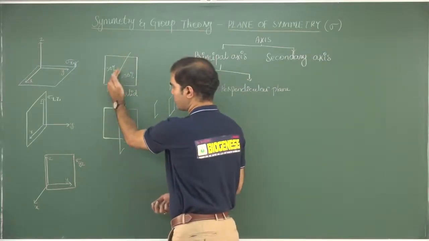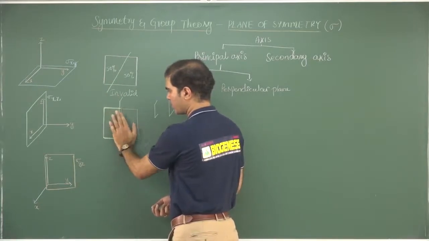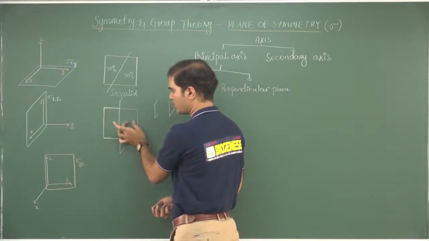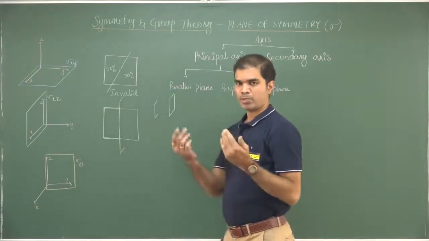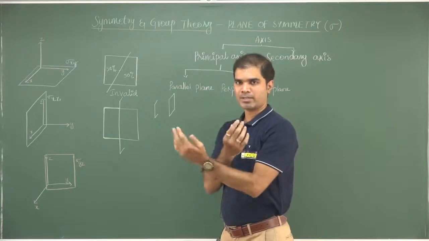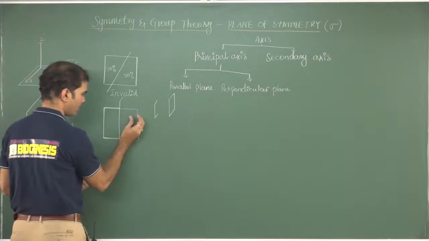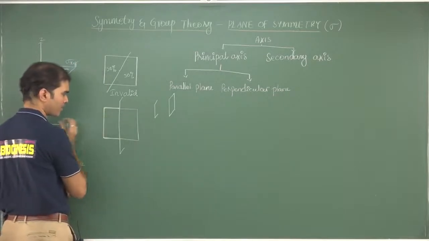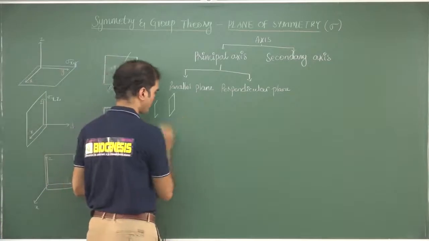So this particular plane is valid because it is bisecting the entity into equivalent halves, where each half is a mirror image of the other. And once the operation is done, both halves reflect into one another. Reflect into one another means now this half will reflect here and this half will reflect here. How are these reflections? I'll just give you an idea.